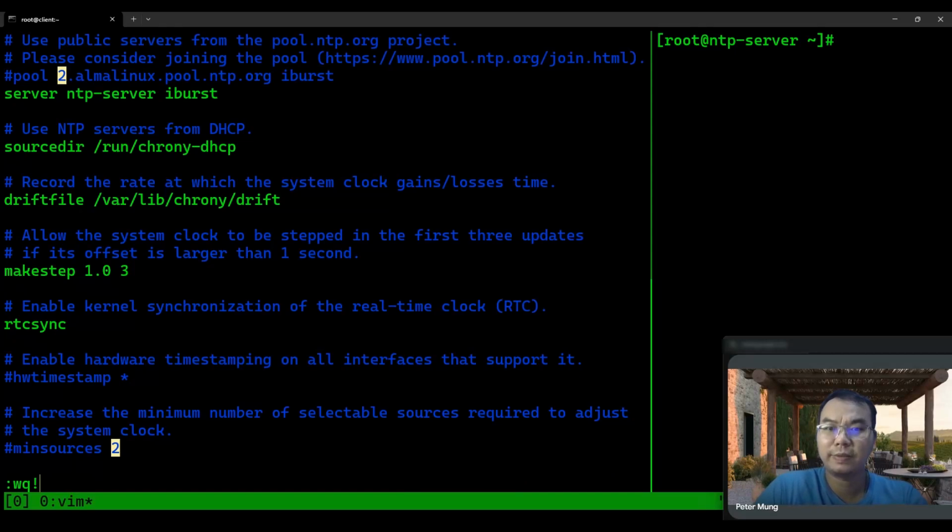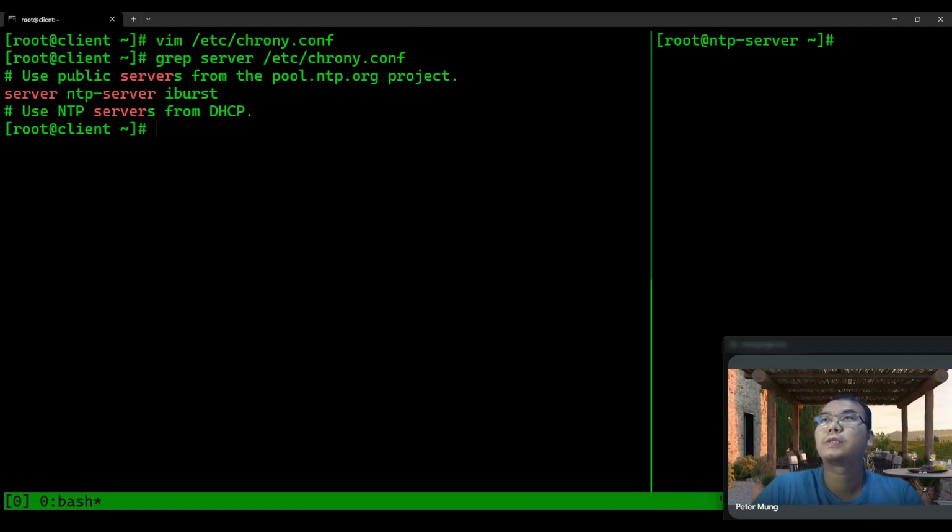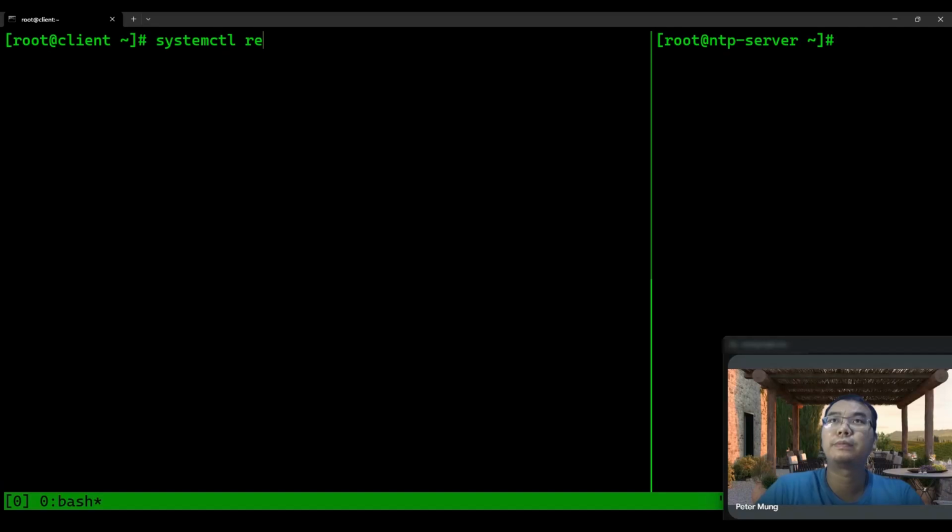Make sure to save it. Okay, the iburst option speeds up the initial synchronization by sending a quick burst of requests to the NTP server. You can replace the NTP server with the IP address of your NTP server, or alternatively, you can use the fully qualified domain name of the NTP server. Okay, let's save it. Let me see. Yes, server NTP-server iburst. Now let's restart the